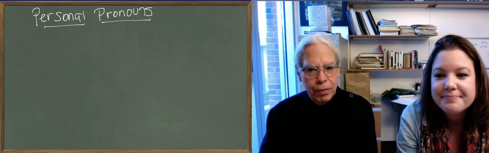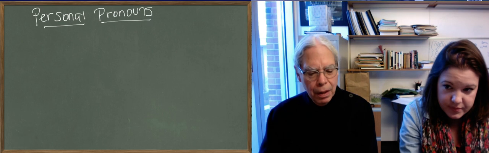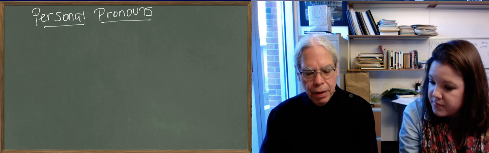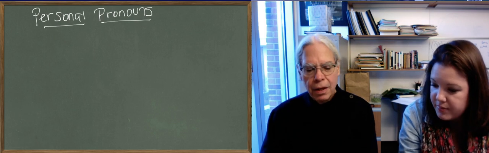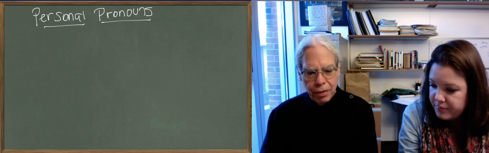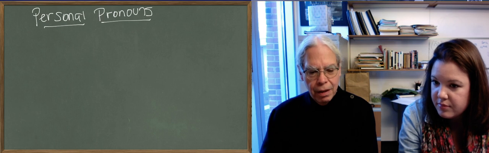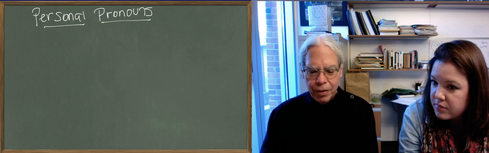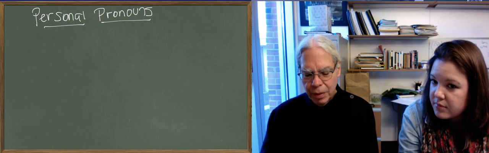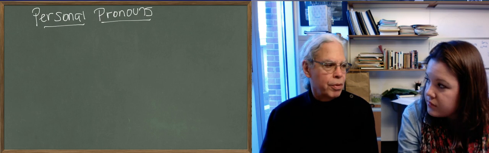Hi. So we're talking about Unit 15 in Hansen and Quinn. The last part of the lesson talks about personal pronouns: I, you, he or she or it, and in the plural, we, you all, as we've been calling it, and they. And then we're going to talk about reflexive pronouns: himself, herself, itself, themselves, yourselves, ourselves. And then we're going to talk about how we use these